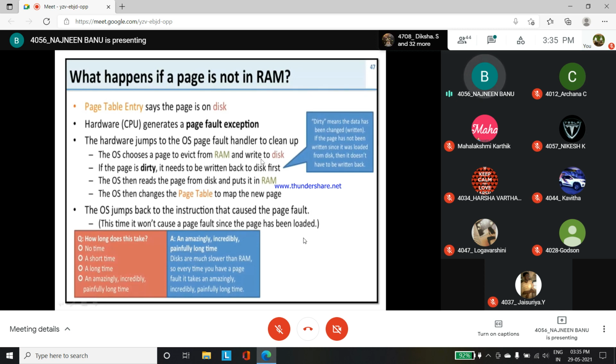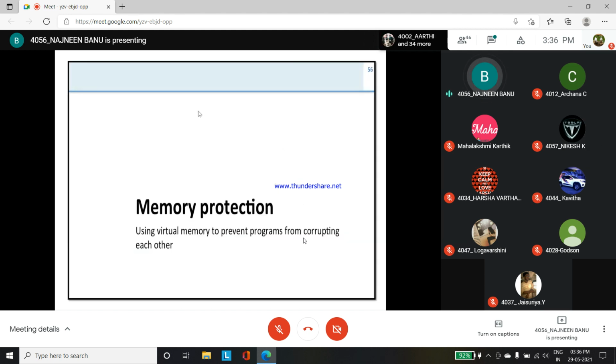Then we have to update the page table. So there are many steps for a page fault error. It takes about 80 million cycles to complete this process, so it is a huge time to handle the page fault error.